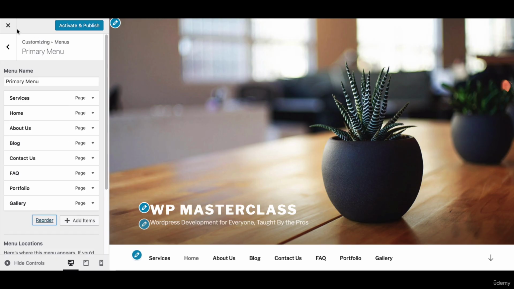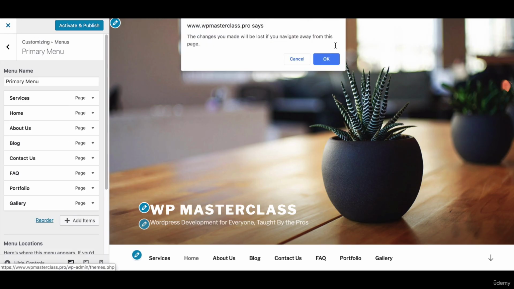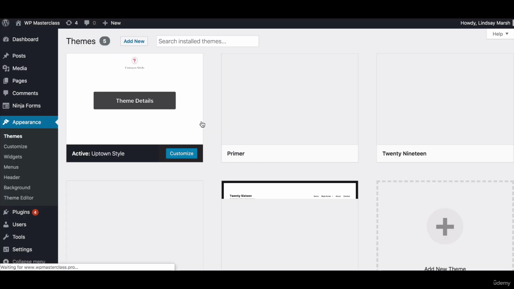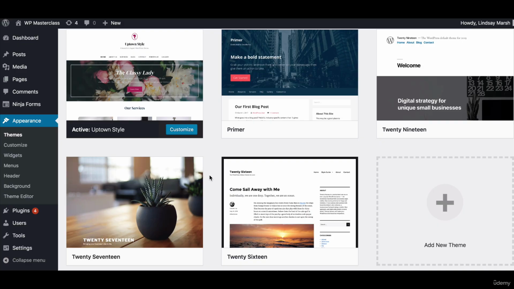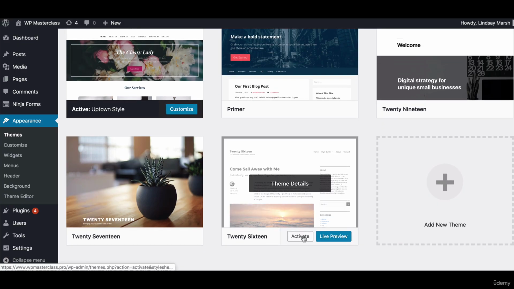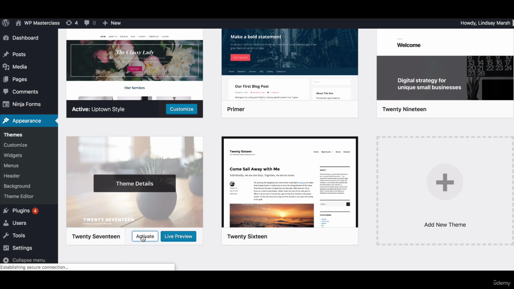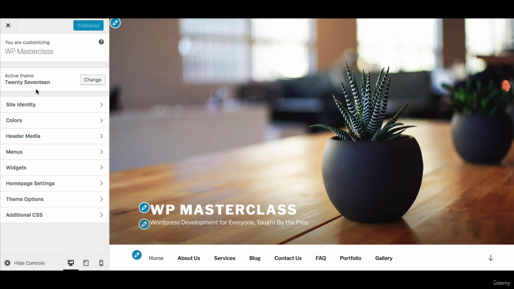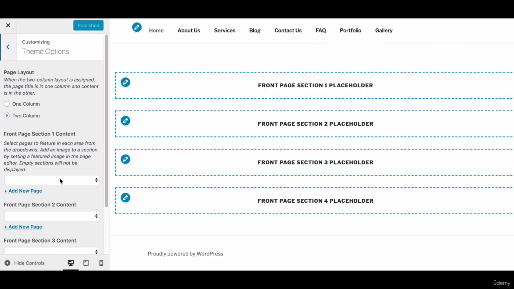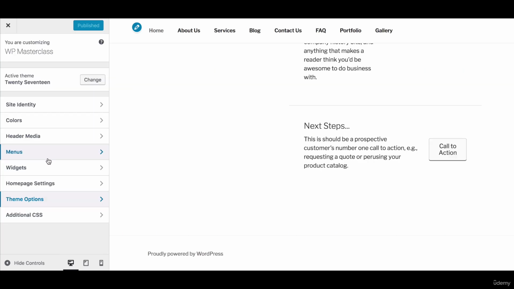They've just recently updated WordPress and they're continuing to change the desktop or the dashboard, so you might see some differences from when you're looking at it. But it's overall pretty much the same. You can go ahead and just activate that theme, and then you can customize. So let's say we want to go ahead and activate this. We can go down to Customize, and that's how you can go in and do some of the theme options, edit the menus,